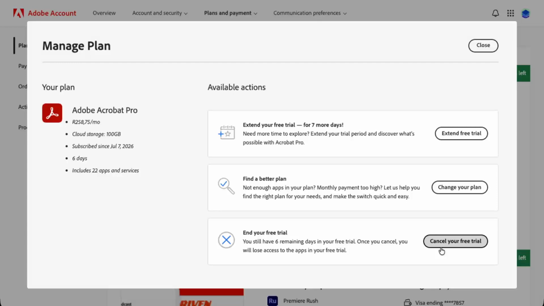At this stage, Adobe may ask you to review your plan details or confirm your decision before the cancellation is finalized. Just read each screen carefully and continue through the prompts until you receive confirmation that the subscription or trial